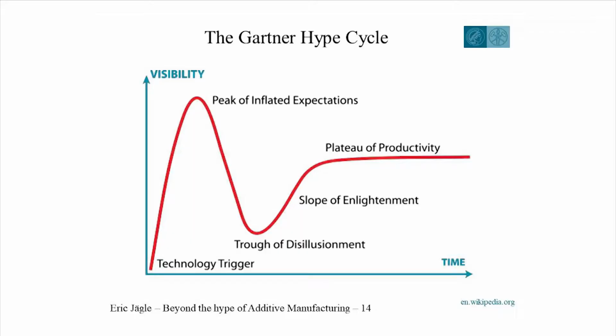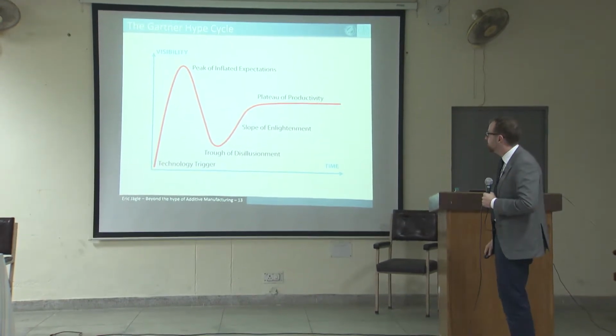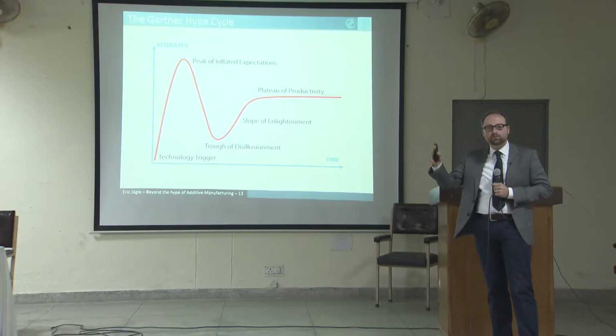So, the hype of additive manufacturing. What do people mean when they talk about hype? Well, there is this one consultancy company who tries to define what a hype is, and they have come up with the so-called hype cycle. They publish it yearly, and they show the visibility of a given topic as a function of time. At first nobody knows about it, and then you get to the so-called peak of inflated expectations, and this is where most of the hype is at,